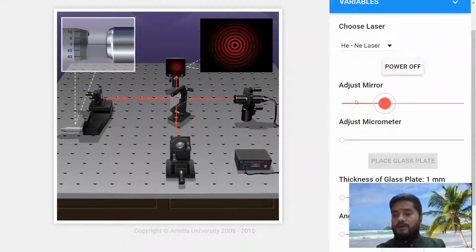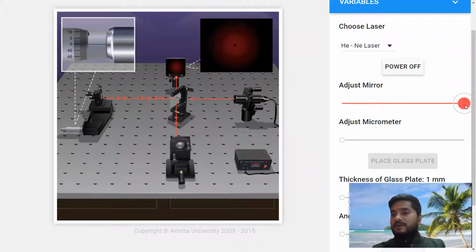There are four buttons, up, down, left, and right, that already exist there. You can choose the button either from the mouse or from the keyboard. You can adjust the fringes, and these are the fringes. And if you take this mirror at the last corner, meaning the right corner of this line, then you also find